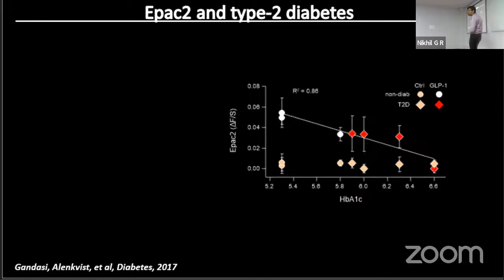There is EPAC, which is on the y-axis here. HbA1c is dependent on how diabetic that person is. Based on this, this is almost non-diabetic, this is severely diabetic. So we give a sort of GLP-1 to these people. There is an immediate jump in the EPAC2 that you see there, which means there's more secretion that's happening